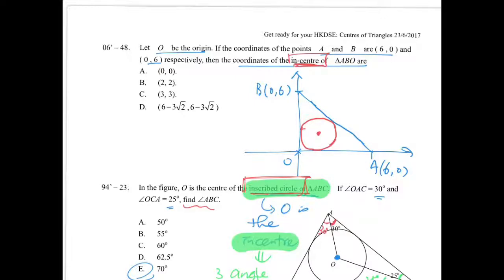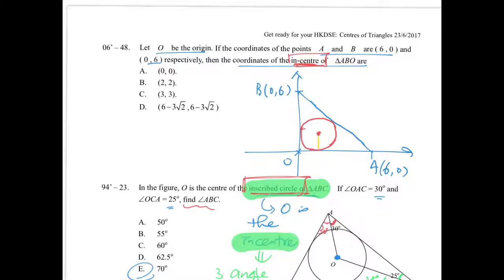So that means once I study the circle properly, I can find the center correctly. Okay, so now by your understanding of circle,